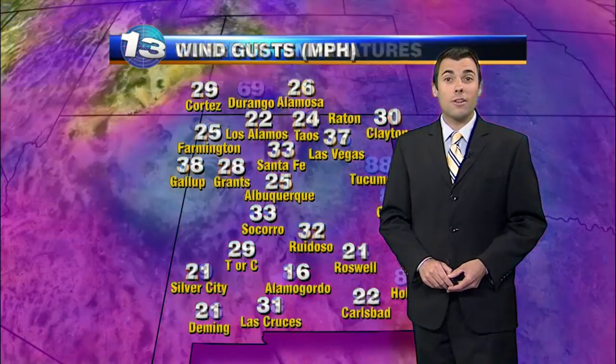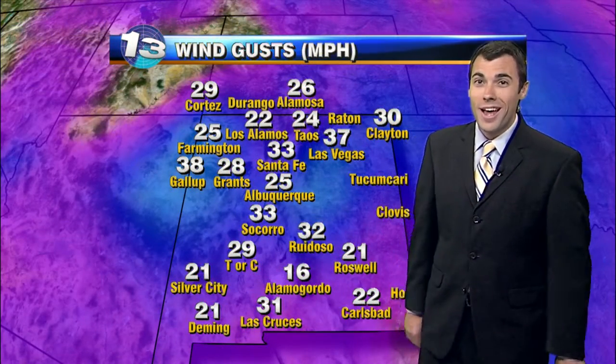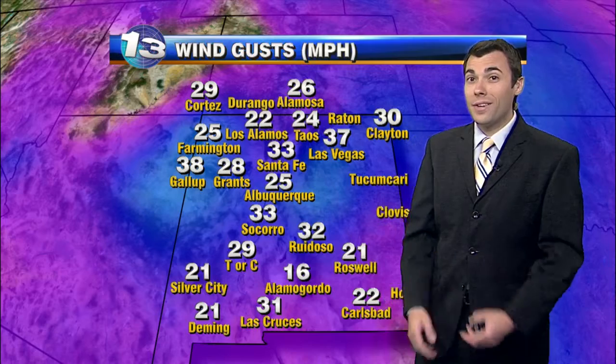Temperatures across the north into the 70s and even into the 80s across the northeastern corner of the state, down to the south into the 80s and into the 90s as you move across the southeast. We're already at 94 degrees in Roswell and 96 in Carlsbad. Another warm to somewhat hot afternoon on the way, and the winds starting to boost up once again this afternoon,